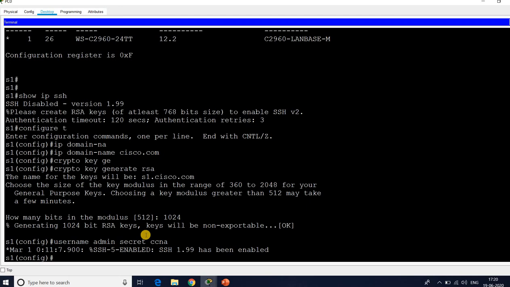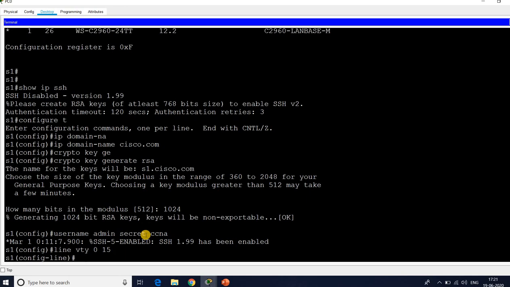So I want to configure VTY lines. So line vty in global configuration, line vty 0 to 15 ports I want to configure. And to enable the SSH protocol on VTY lines, I want to use the transport input ssh command in line configuration mode.